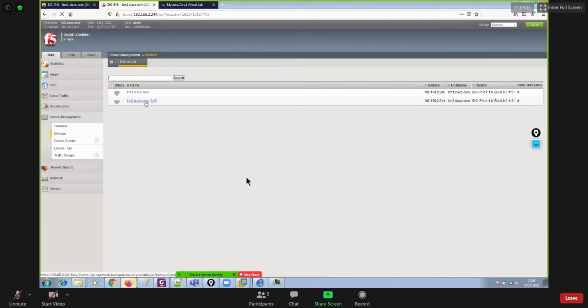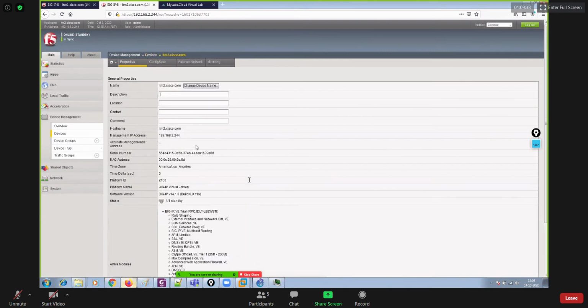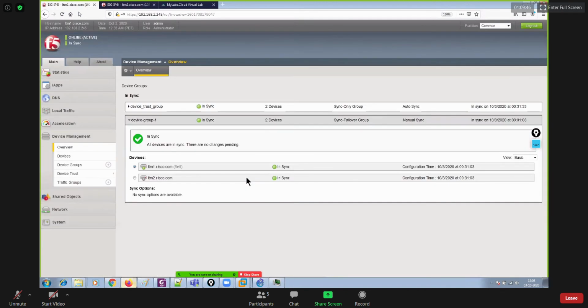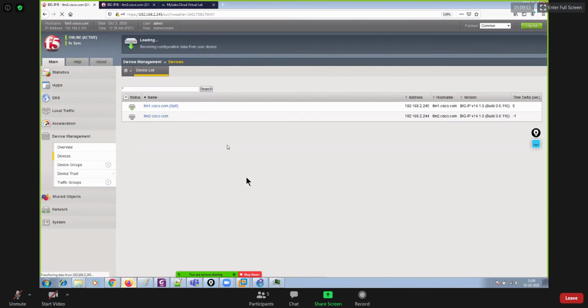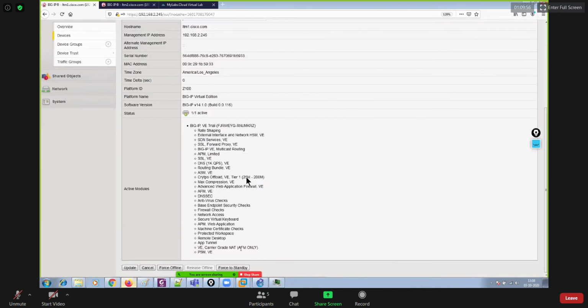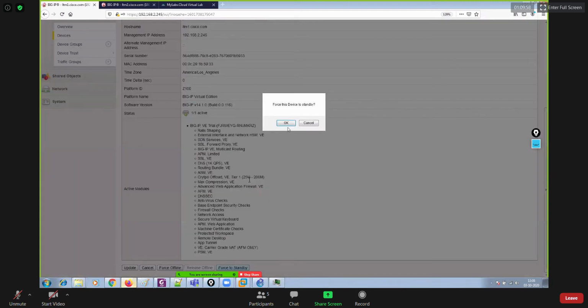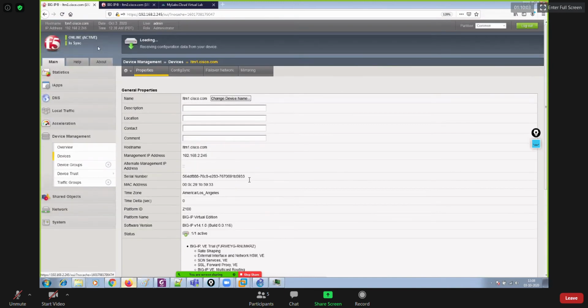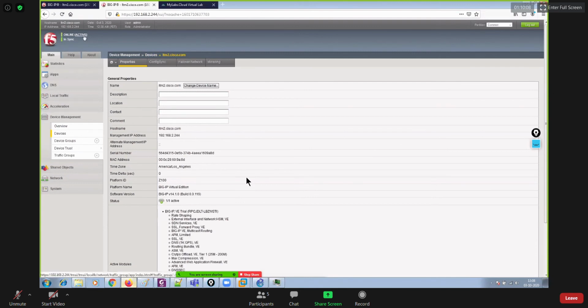We are LTM2, so I'm clicking on LTM2. Thereafter, there is an option, force to standby. That's something we will have to do over active. So let's say I'm on active. Go to devices, and I am LTM1. Click on LTM1, and then there is an option, force to standby. Click here on force to standby. Now LTM1 will become standby, and LTM2 will become active automatically. You see, right? And now you are active.